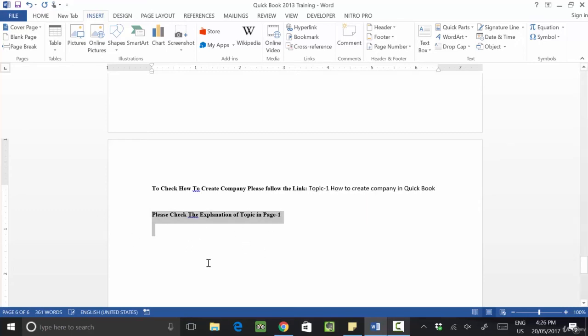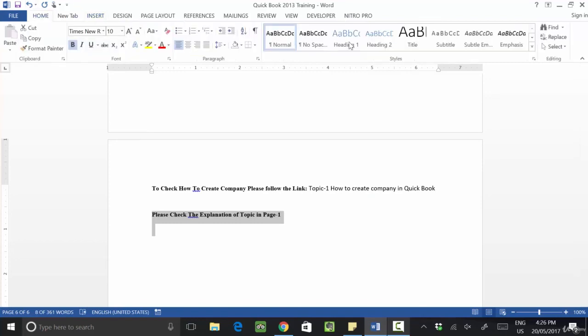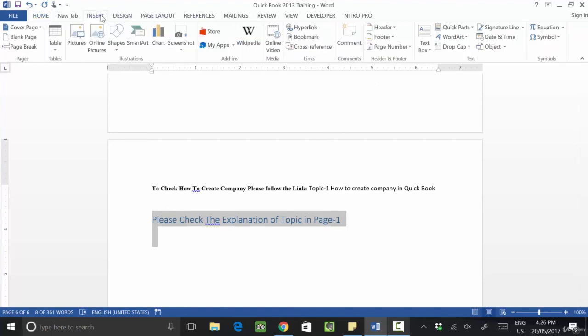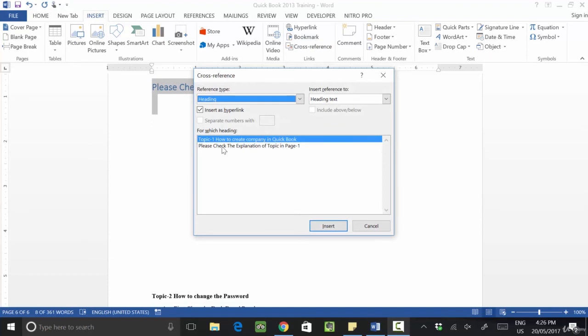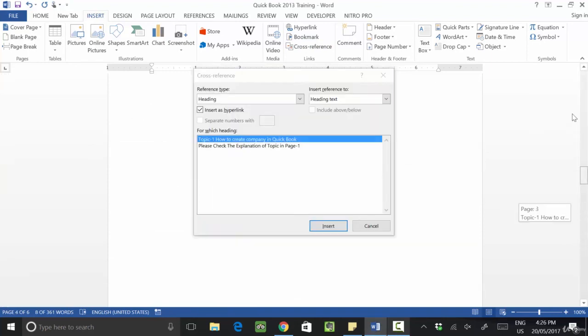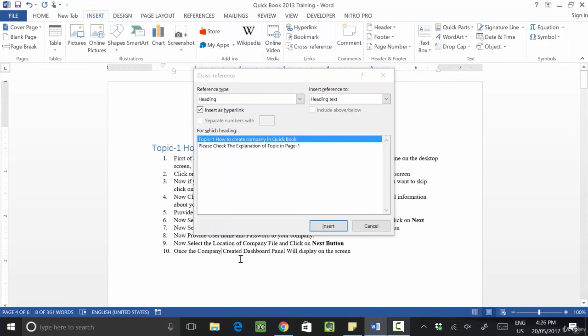Right here, selected, what you will do? Heading, right? Now where will you go? Insert, go to Cross reference. Where do you want to put this? I want it to be linked with page number 1.